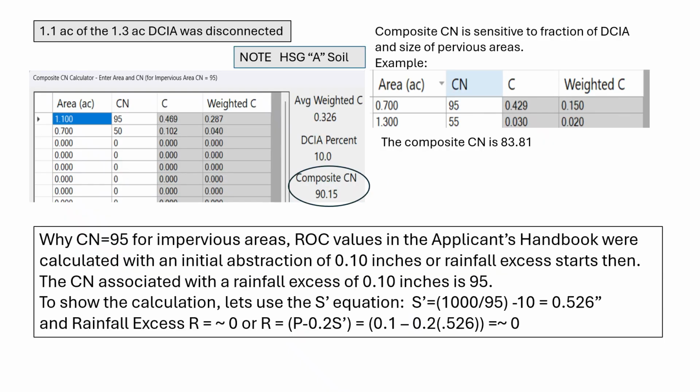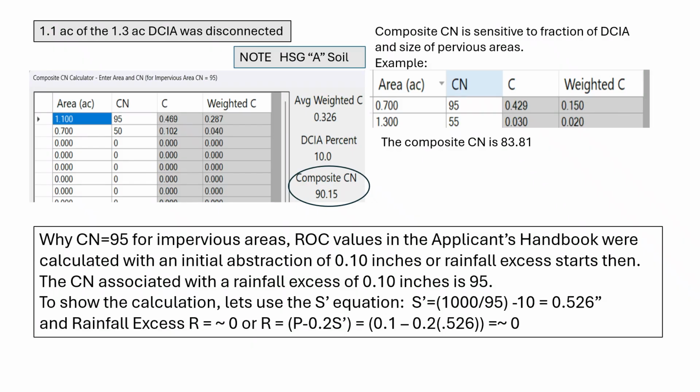of our site. The reason we often use a curve number, or CN, of 95 for impervious areas stems from how runoff coefficients were calculated in the applicant's handbook. Those calculations assumed an initial abstraction of 0.10 inches before any rainfall excess begins. A CN of 95 is precisely associated with this condition, meaning rainfall excess effectively starts once 0.10 inches of rain has fallen. To demonstrate this calculation, we can use the S' equation, which calculates the potential maximum retention after runoff